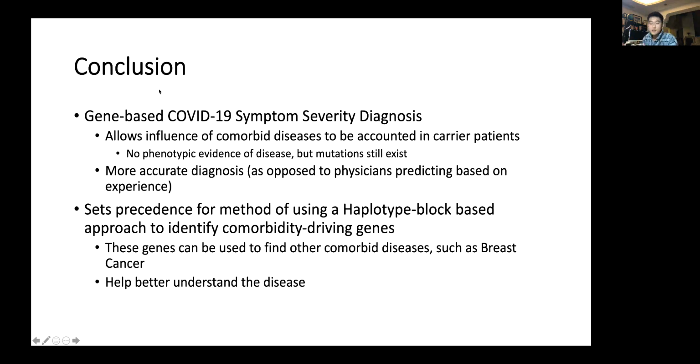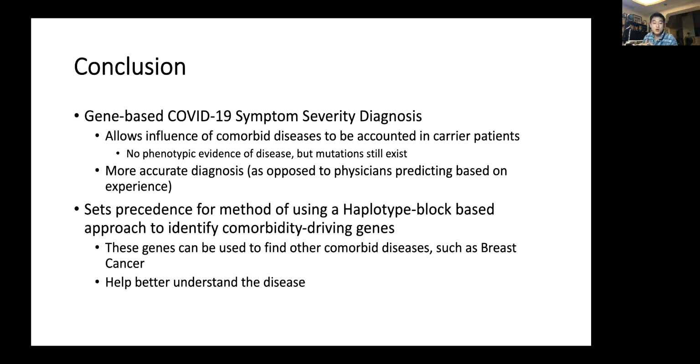And so, to conclude my experiment and my research, the significance of what I did is that I was able to find the underlying genes that drove comorbidity patterns between pre-existing conditions and COVID-19. By finding these genes, I'm able to provide a foundation for the future where there may be gene-based COVID-19 symptom severity diagnosis, which would allow for the influence of comorbid diseases to be accounted for even in carrier patients. So there may be patients who don't physically or phenotypically